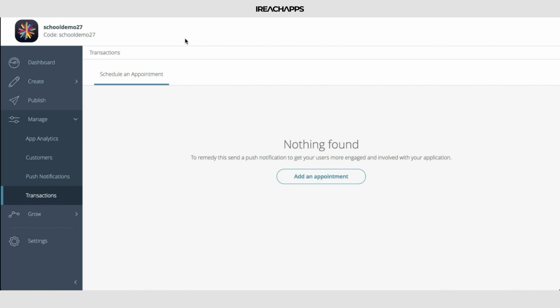In regards to where these transactions show up, they're going to show up directly in the schedule of an appointment section of your transactions feature. You will be able to manually add appointments from this page, as well as manage all of your transactions and